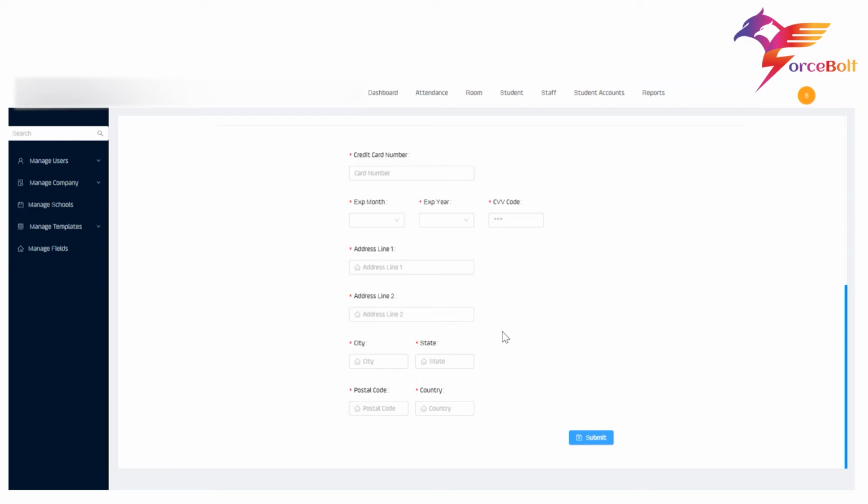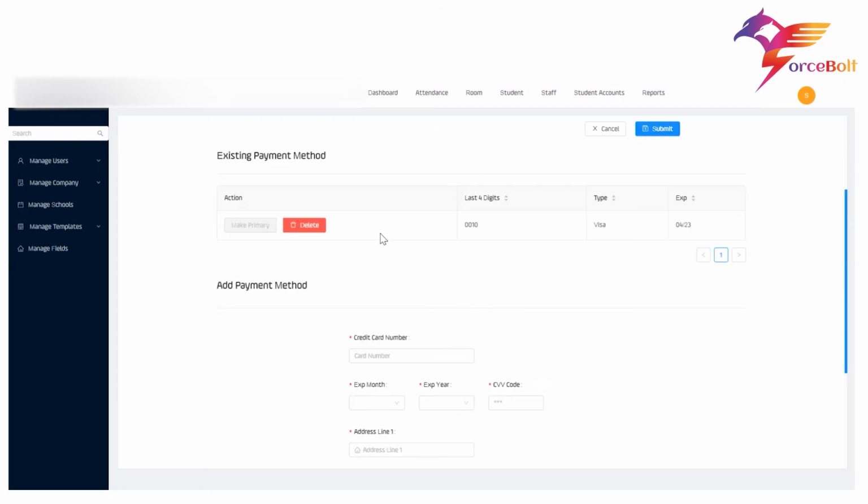After saving the details, the card is authenticated successfully, and from here you can see that the card has been added. And you can also remove the card from here whenever required.